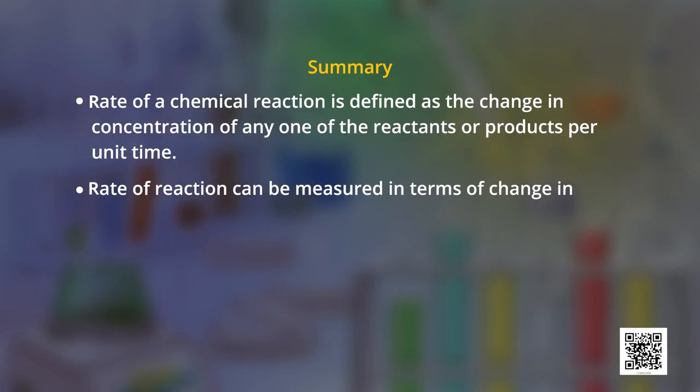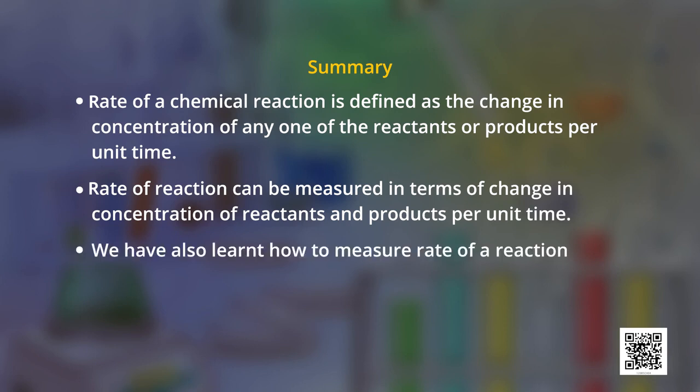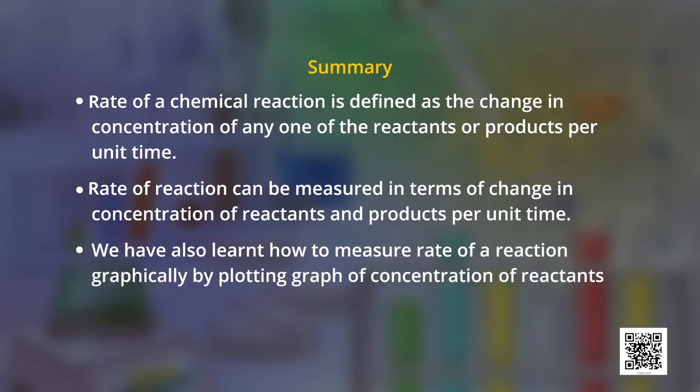Rate of reaction can be measured in terms of change in concentration of reactants and products per unit time. We have also learned how to measure rate of reaction graphically by plotting graph of concentration of reactants and products